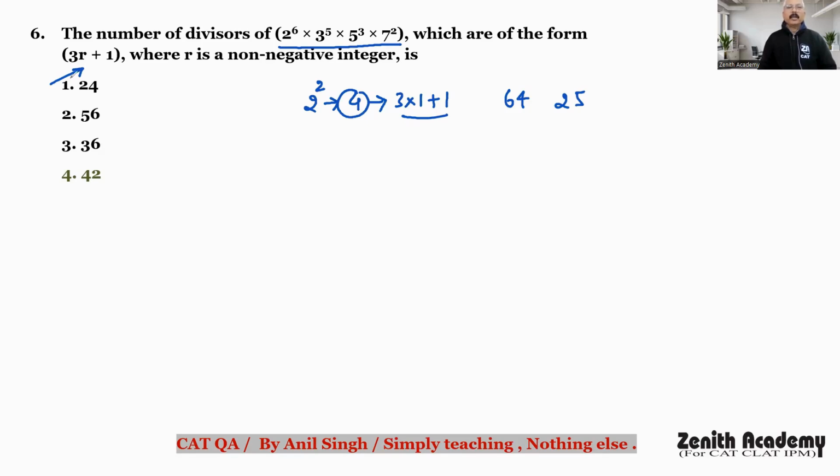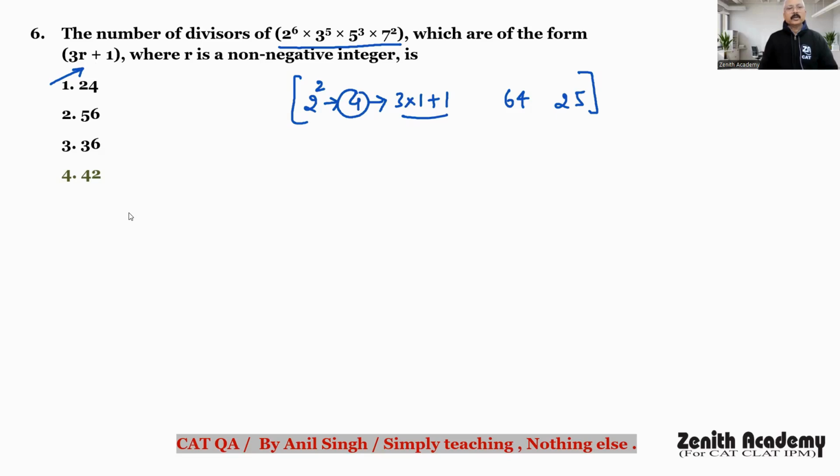A number can be written in the form of 3r plus 1, meaning that if that number, the divisor, is divided by 3, it will leave remainder 1. So this is all about the demand of this question. Now here,